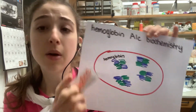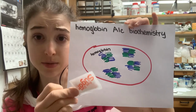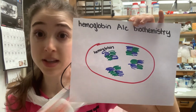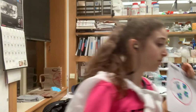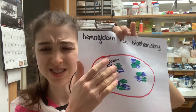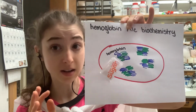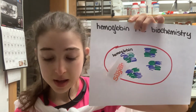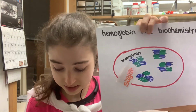If you don't have much sugar, this spontaneous sticking on of the sugar isn't really likely to happen. And when I'm talking about sticking on, I'm not talking about temporary interactions where something binds and unbinds. Instead, I'm talking about permanently stuck. Like Scotch tape stuck, except we're not even talking about Scotch tape levels. We're talking about super glue, okay? So basically stuck on. And this has consequences because since it's not coming off, the more these hemoglobin proteins get glycated,